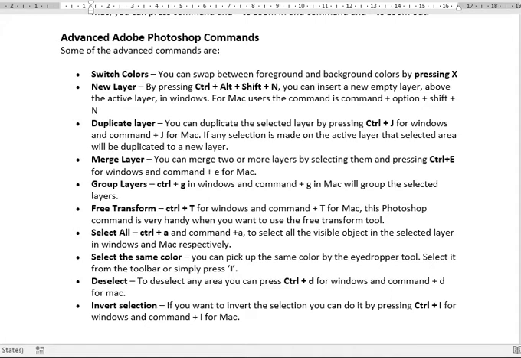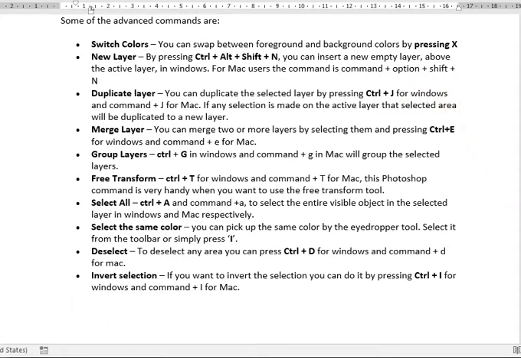If you want to group layers, then you have to press Ctrl plus G. And if you want to free transform, then you have to press Ctrl plus T. To select all the visible objects on your screen, you have to press Ctrl A. And if you want to select the same color